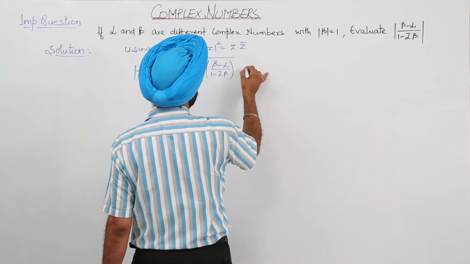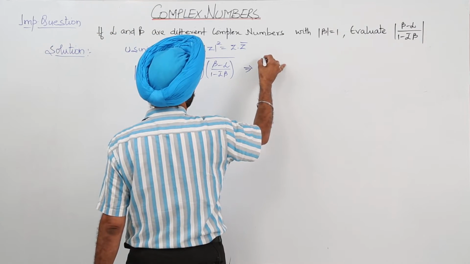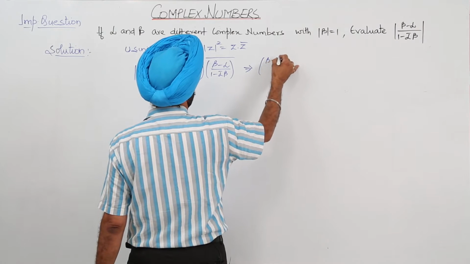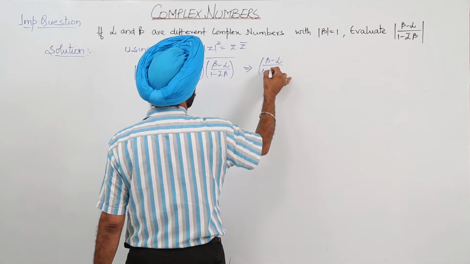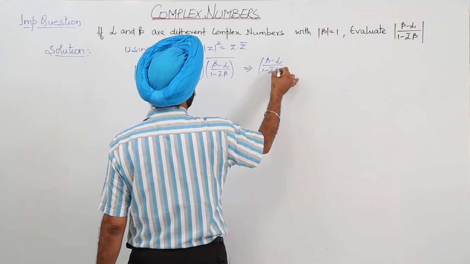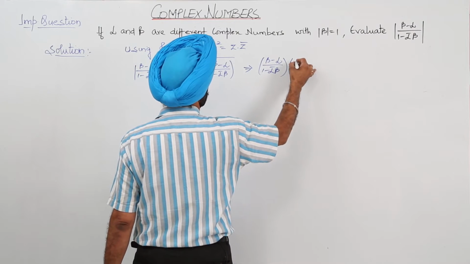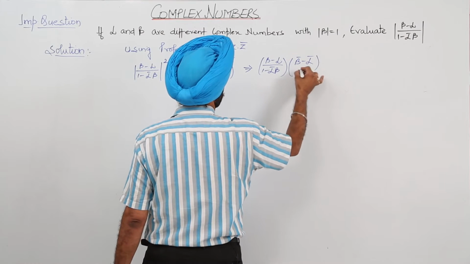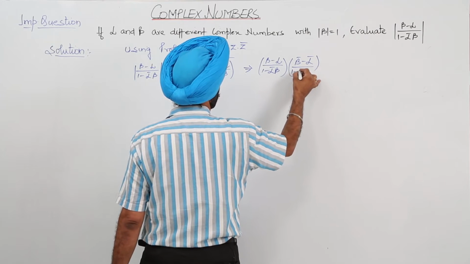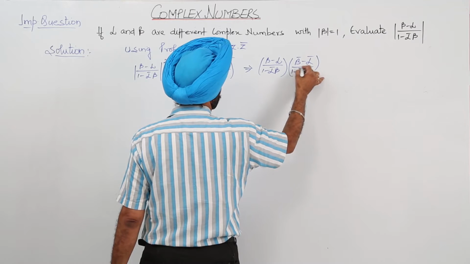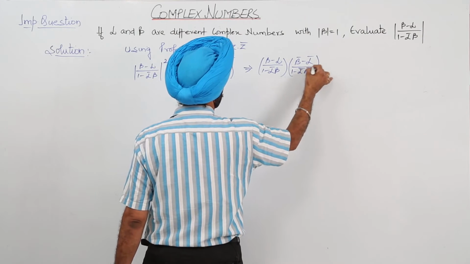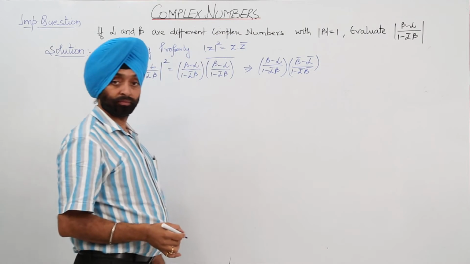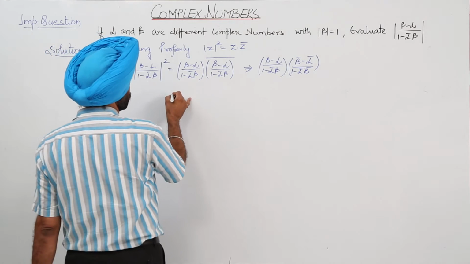So, this becomes (beta minus alpha) on (1 minus conjugate of alpha beta) with (conjugate of beta, conjugate of alpha) upon (1 minus conjugate of beta). Now, this becomes